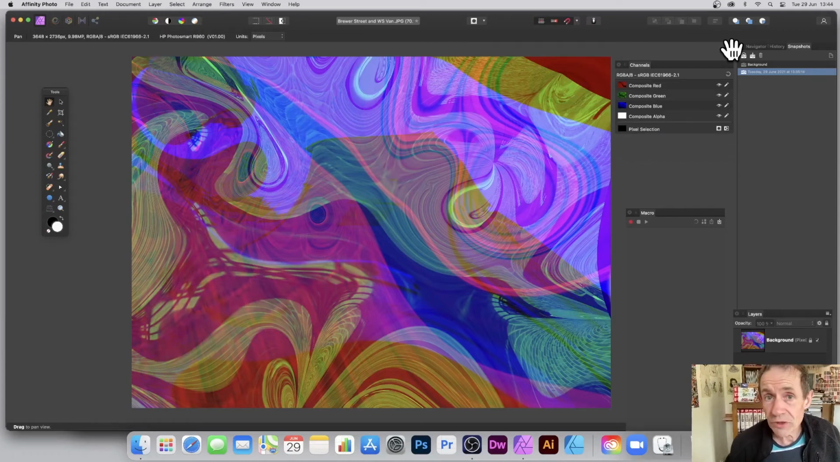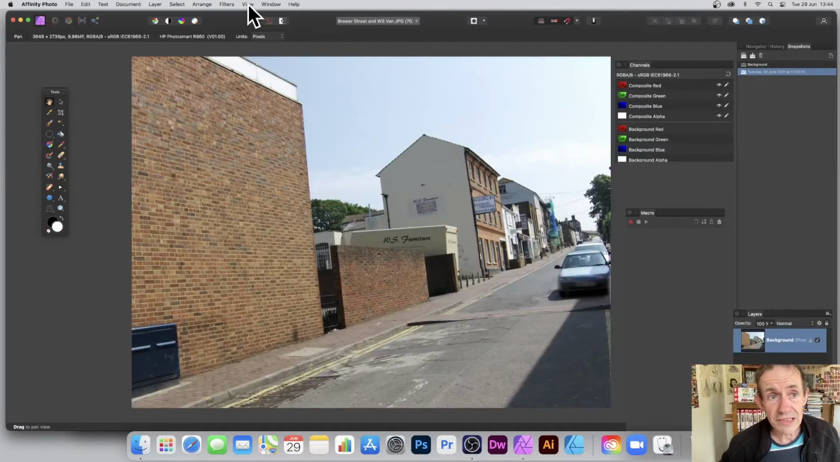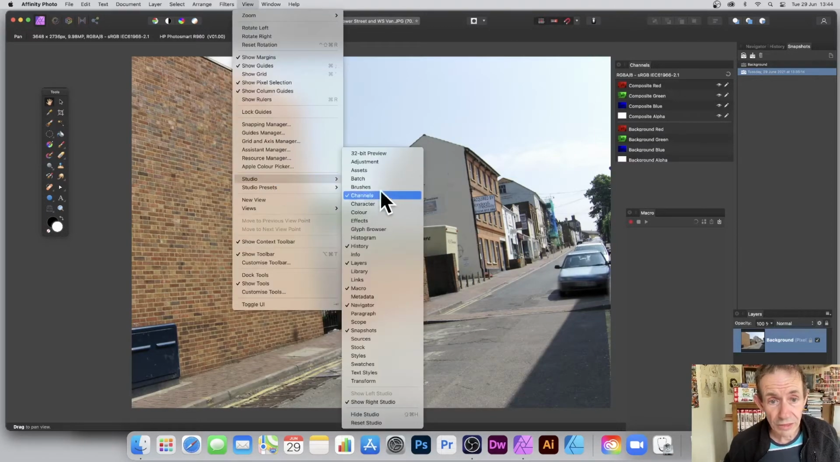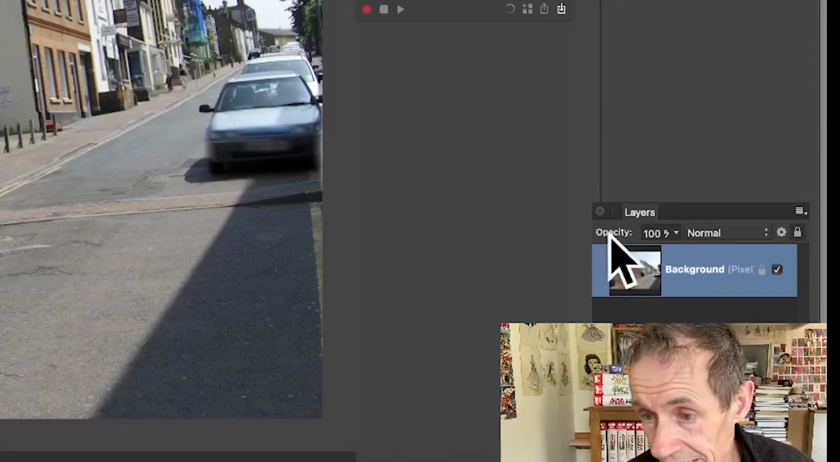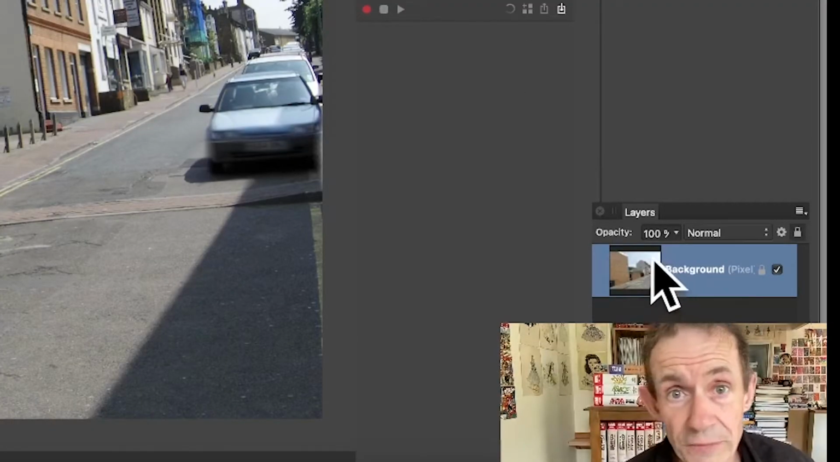How to create a colourful distortion in Affinity Photo using colour channels as well as the Deform filter. The key panels for this go to View, Studio and Channels, as well as Macro, Layers and Snapshots Navigator. They're all very useful. Make certain the layer is selected over in the Layers panel, otherwise the Deform filter will not